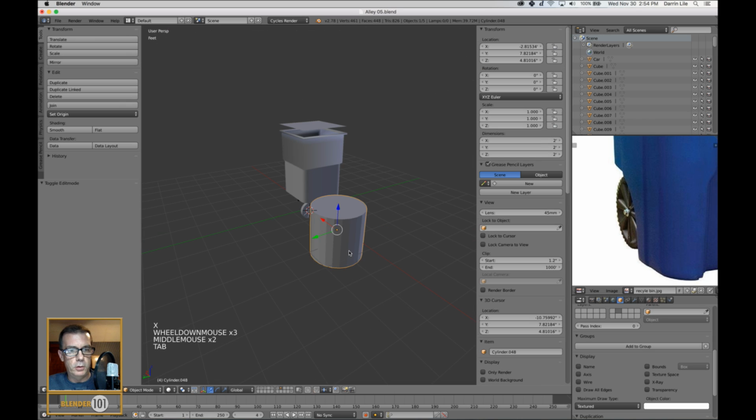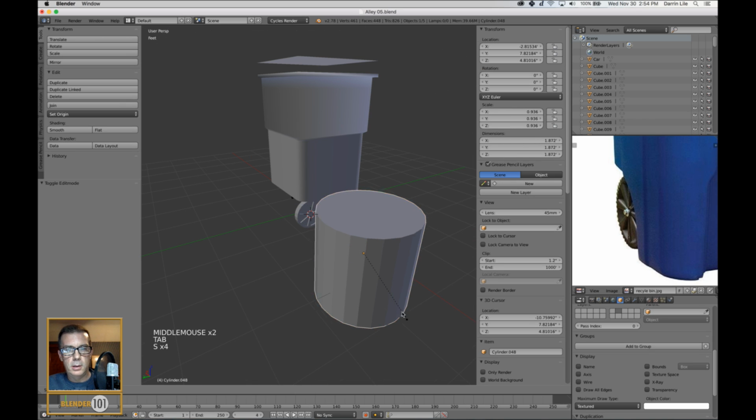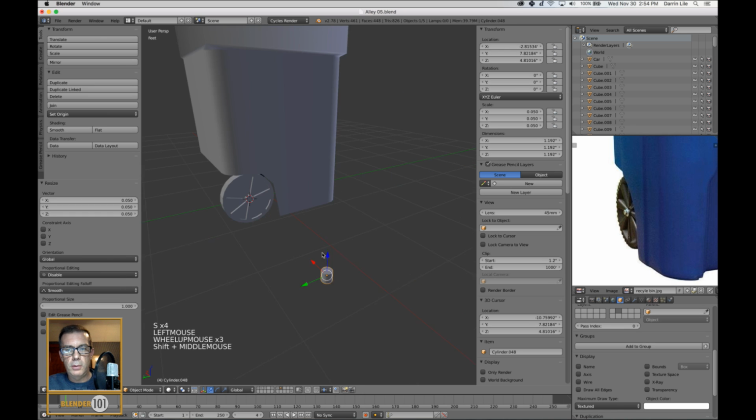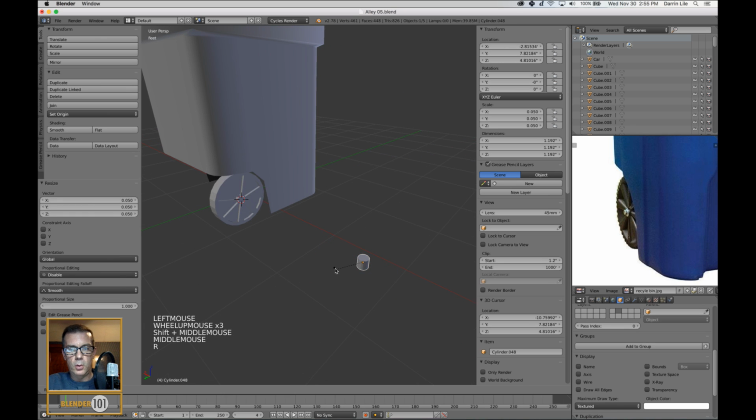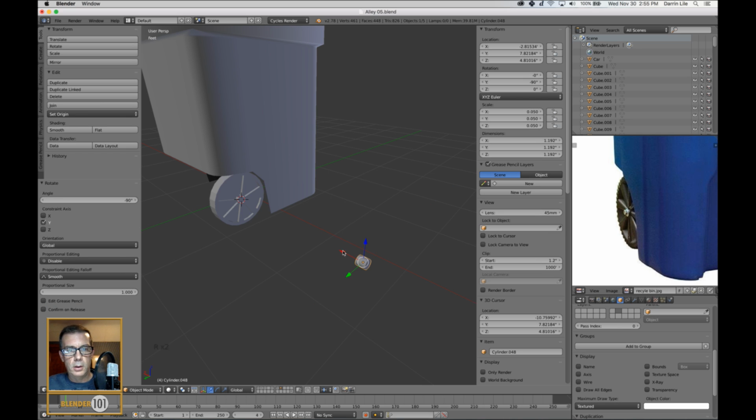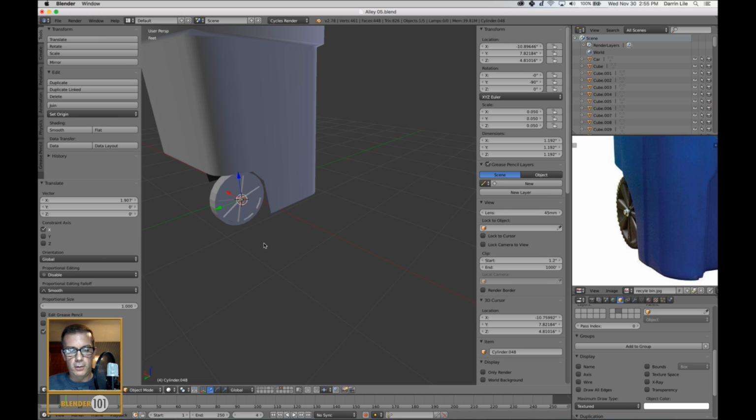Don't want to have to UV those. Spin it around in the Y, RY 9, nope, RY negative 90. So if you're hearing something really loud in the background, I don't know if you're hearing that,